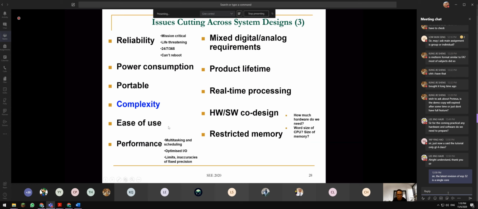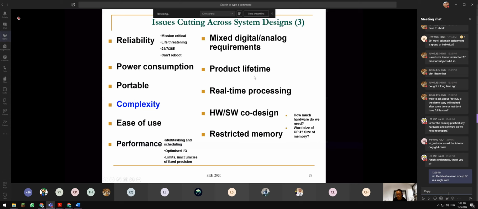Okay, that's very important. And of course, the performance, we talk about multitasking, all these things, accuracy. So when you come to design, performance is one of the very important things as well. And sometimes we have to mix analog and digital. Most of the sensors give you analog, you must understand analog digital conversion. Okay, so this is some of the things that you need to understand before you come to embedded system design.